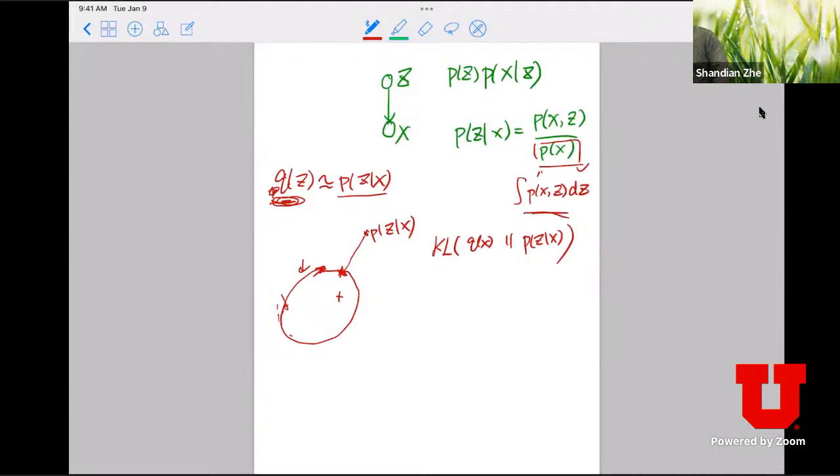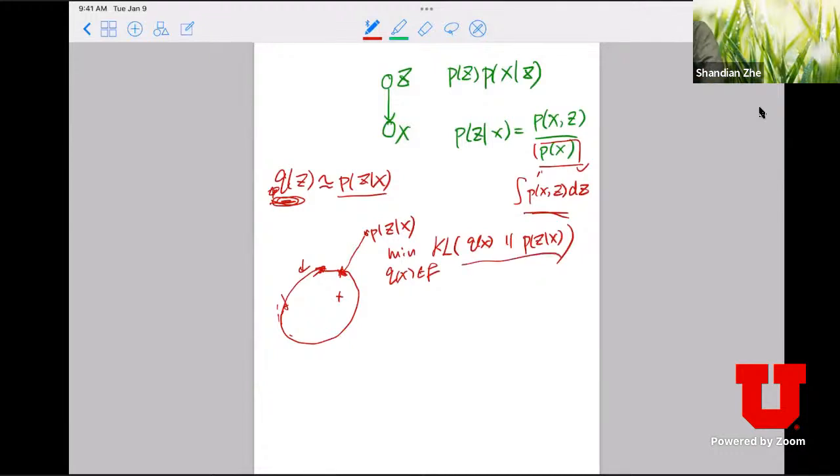So conceptually, as long as we minimize the KL divergence from the approximate posterior in your designated family to the true posterior, I just find the one which has the minimum KL divergence. Then this is my best approximation. That's the idea. So this is quite intuitive, but